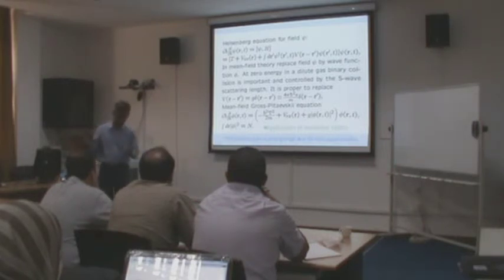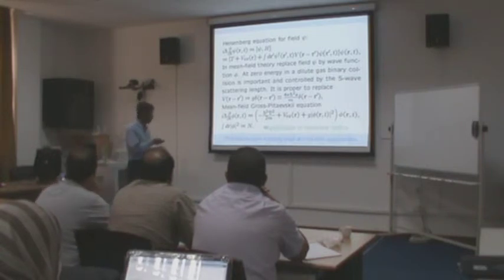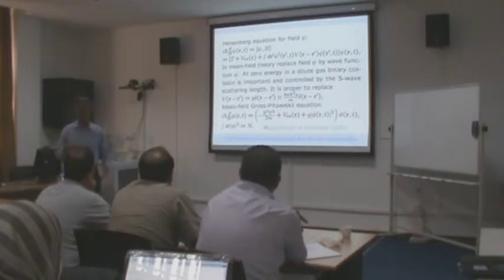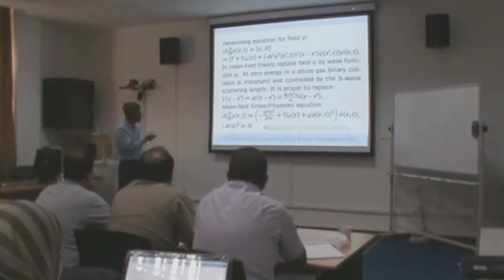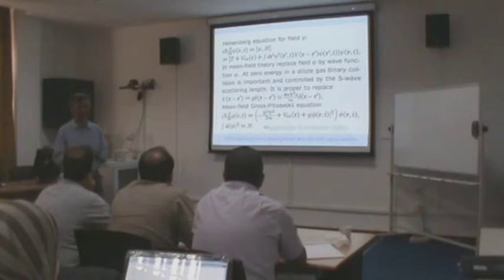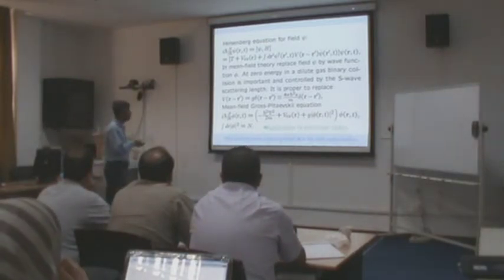And yesterday Professor Luis Santos showed that if you have a dipole interaction, you have still another attraction here, another interaction due to the dipole moment. So if the combined interaction is attractive, then you have the possibility of forming a bound state, or the possibility of forming a soliton. What is a soliton? Suppose you go to one dimension.